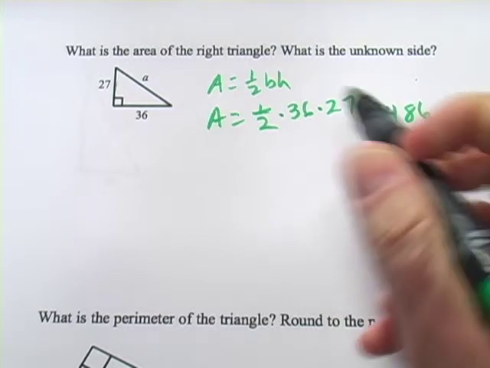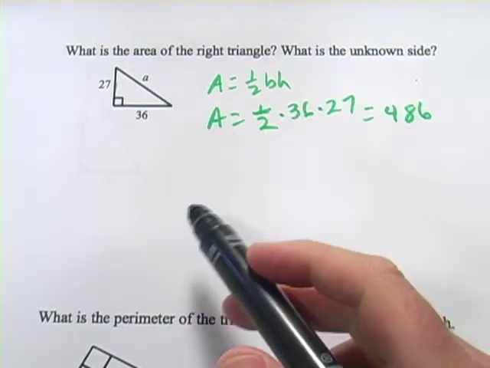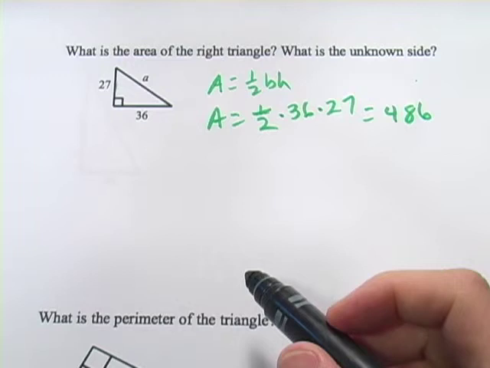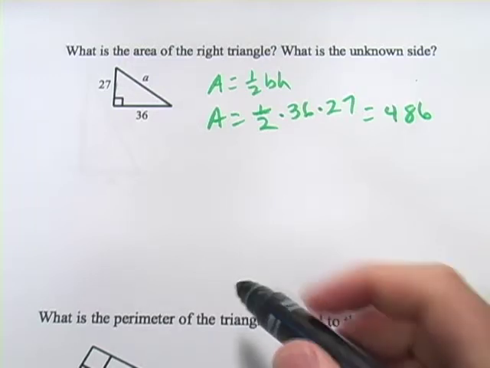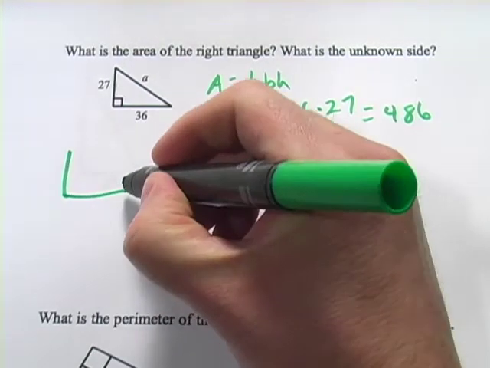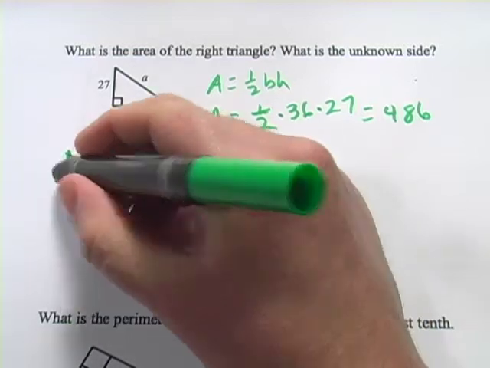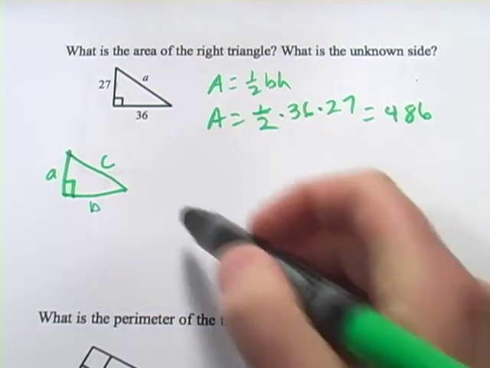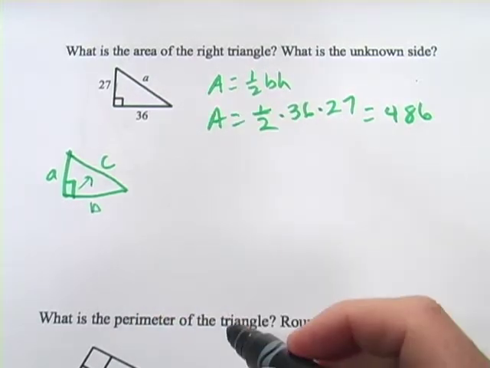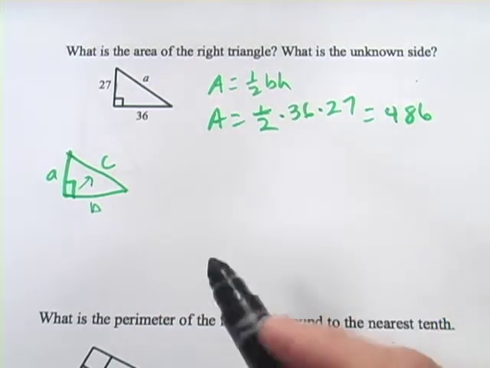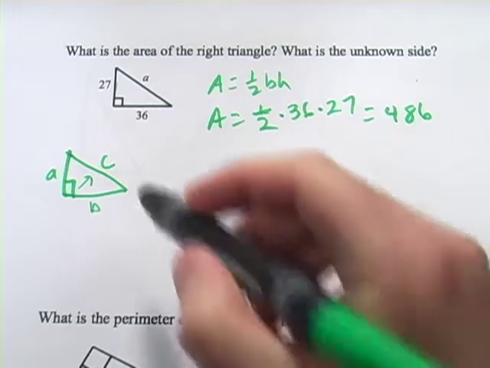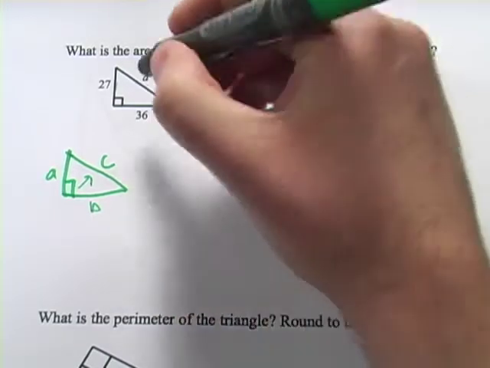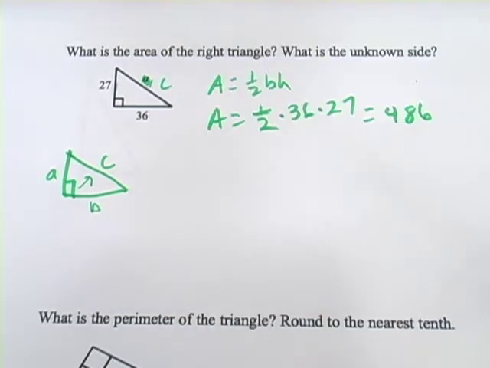Now, they also want us to figure out this missing side, and they've got it labeled as A, which I think is a little confusing because usually when you look at a right triangle, the convention is to say the shortest side is A, the next side is B, and the hypotenuse, this long side that's opposite of the right angle, is C. And that's important if you're going to use the Pythagorean theorem to know which side is the hypotenuse. So I'm actually going to cross this A out and put a C there, just because I think